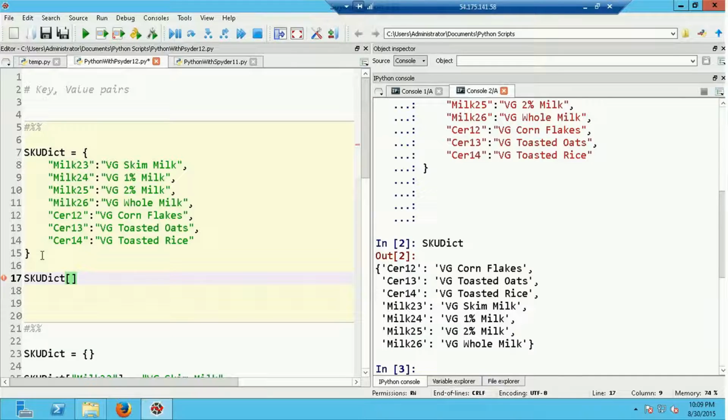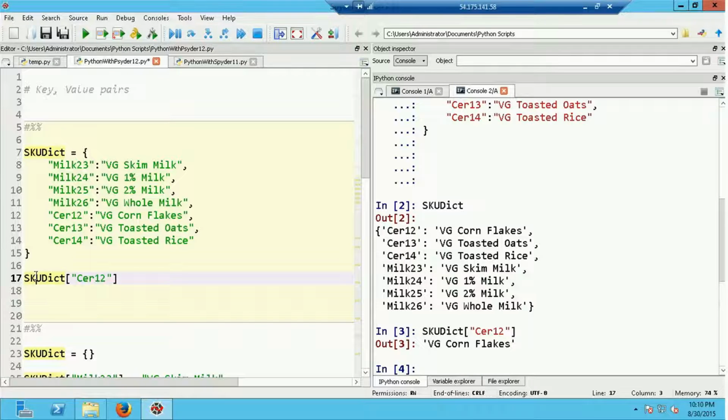So for example, if I wanted to access the description of cereal 12, I'm going to type quotes and then cereal 12 and then quote in the square bracket. And then if I execute this line of code, which I can do by pressing F9, you'll see that SKUdict of cereal 12 was executed, and it did in fact return the value of this key-value pair, which was